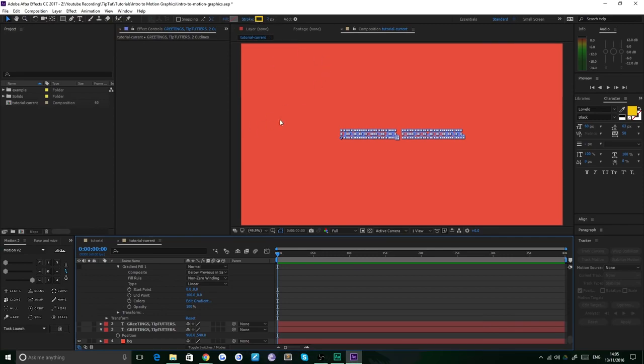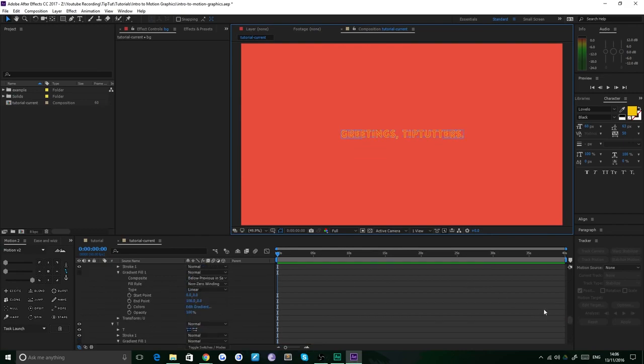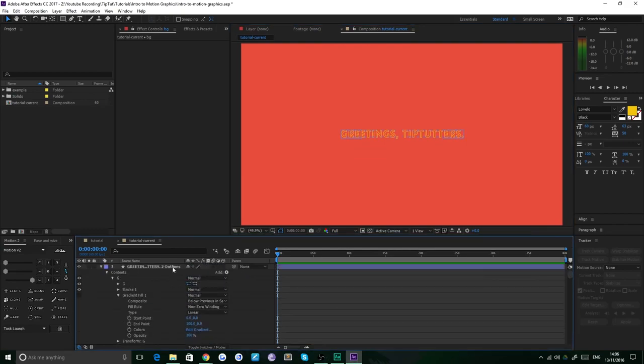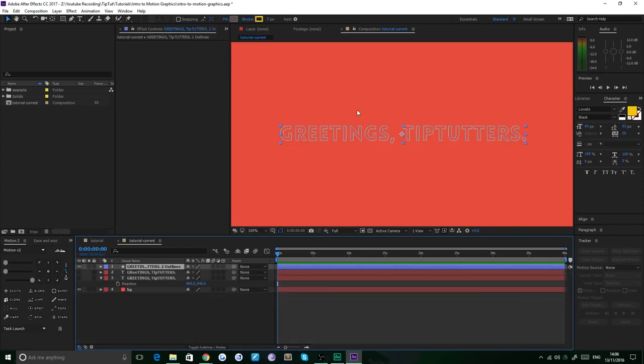Now 2 pixels is about right for me. So if I deselect that, you can see now that our text, our shapes, has a line around it with no fill. However, it has all become yellow. So if we go up here and click our layer, if you hit U, that collapses it, which is quite handy. And then we can basically zoom in and select our